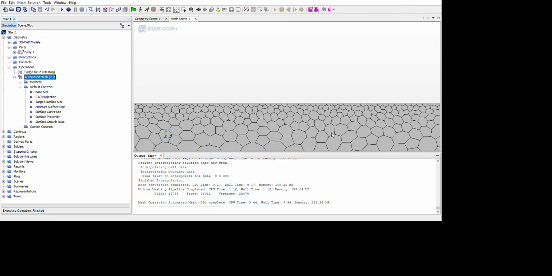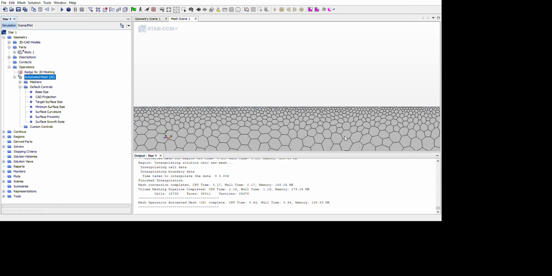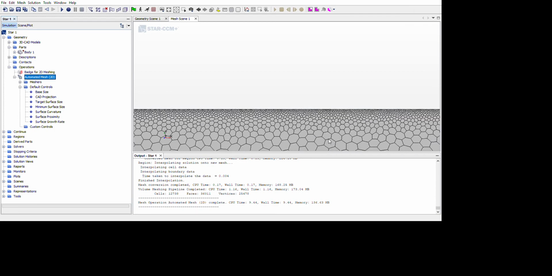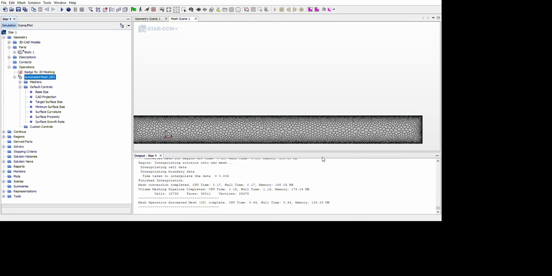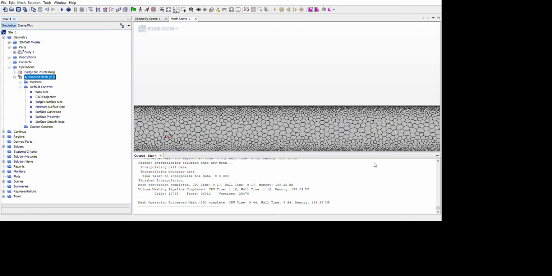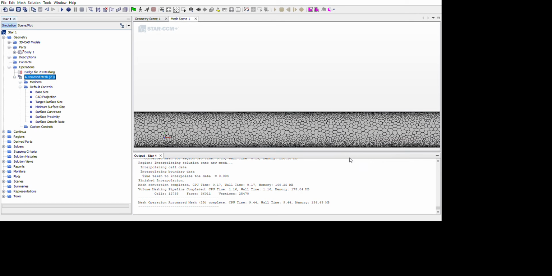At the boundary surfaces, the base size is very small, which we gave as 0.05 mm, but as it progresses through the center, the size of the element increases, and from the center to the bottom base again the size decreases in the ratio of 1.3.